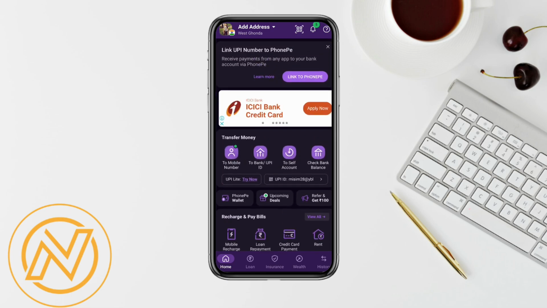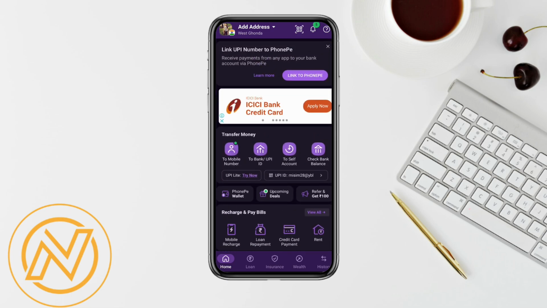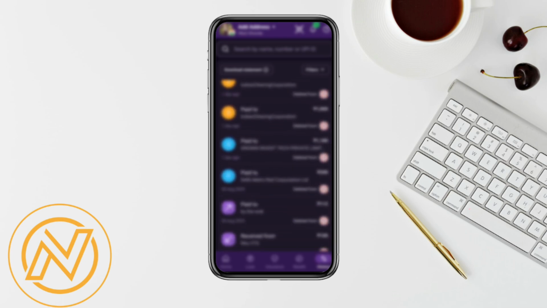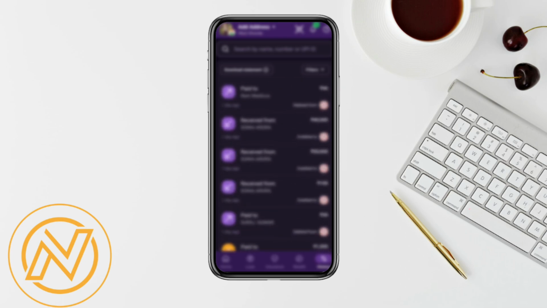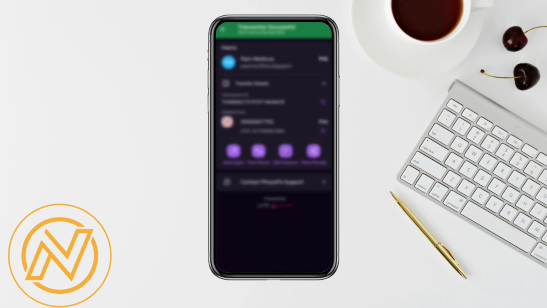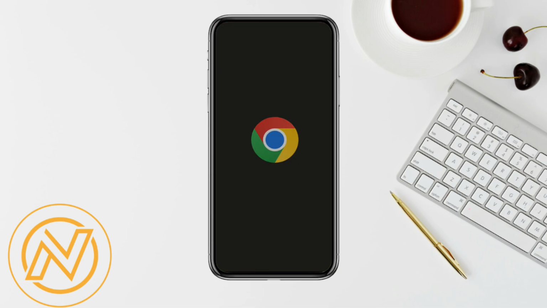Once you're in the application, click on the history section from the bottom right corner of your mobile screen, and over here you will be able to see the list of transactions that you have made in the past. To delete the history, you click on a transaction, but there is no such option to delete the transaction history. Even if you Google whether you will be able to delete the transaction history of your PhonePe account or not,